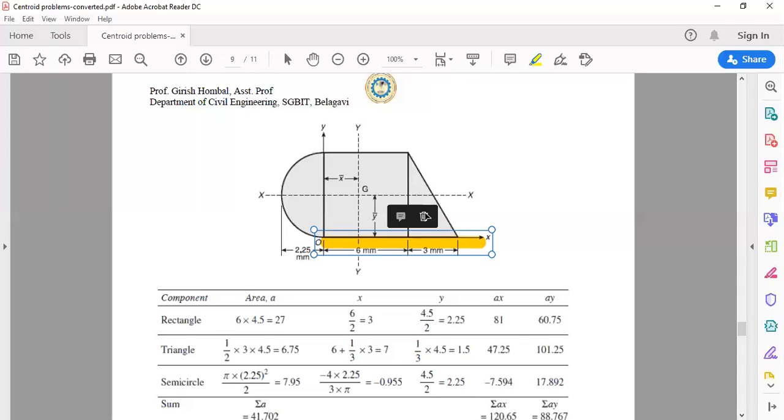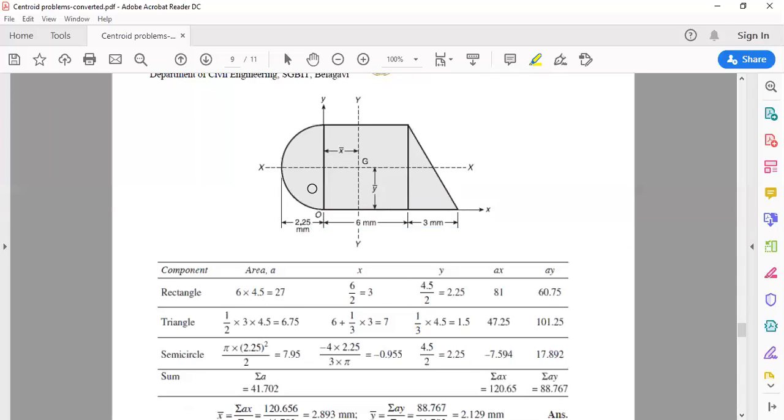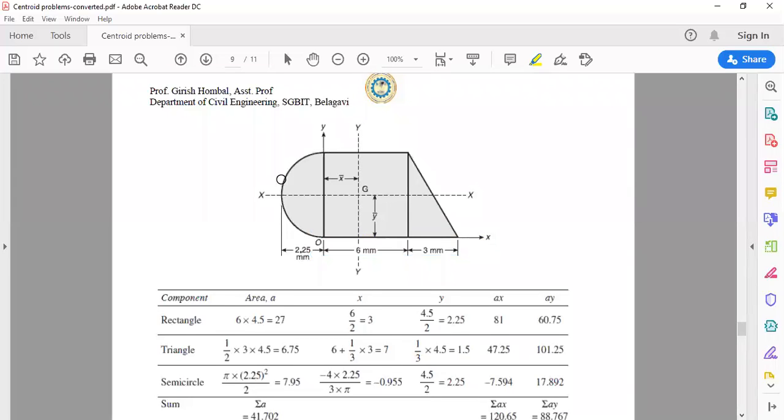Okay. Now let us come down to the third diagram, the third common figure. Very important one. In the third diagram, which is a semicircle, the individual centroid lies somewhere at this point. Area of the semicircle is pi r square by 2, where r is 2.25. So we have written pi r square by 2 for the semicircle. That is done. Next I want to write x bar and y bar for